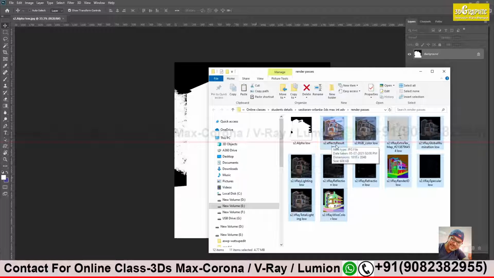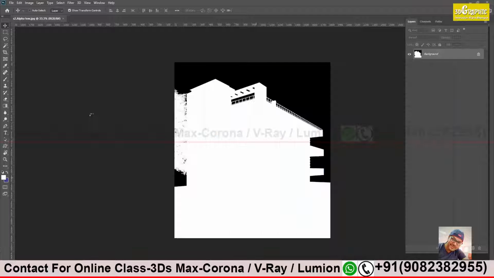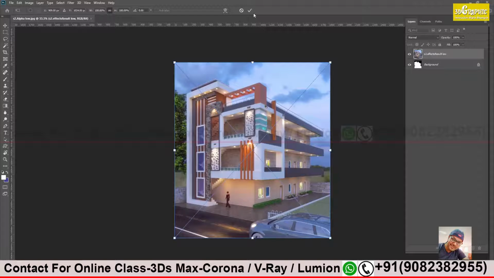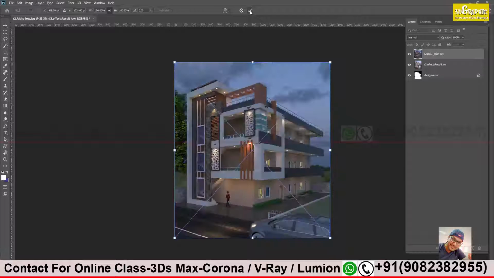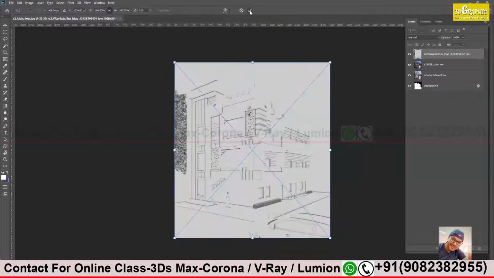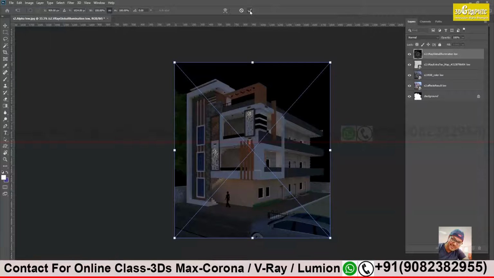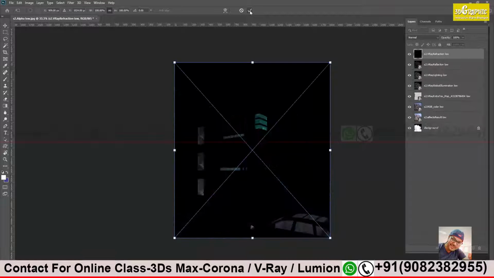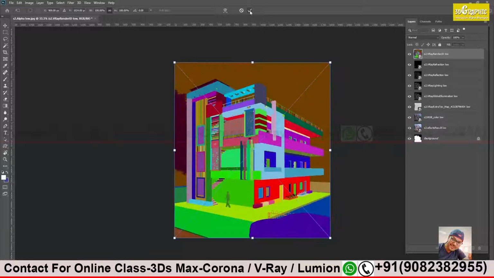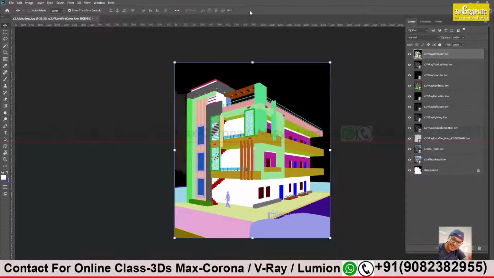So I will select my effect result first and drag and drop it on the blank space outside. Not over here, but outside my working area, on the blank space. Just release the mouse, and you have to click on the tick sign. It will ask for approval, so make it tick, so that it says okay, I approve this to import. Or you can press the enter key, either the tick sign or enter key. Keep on pressing enter until the process is completed. Now see, all the passes came over here.